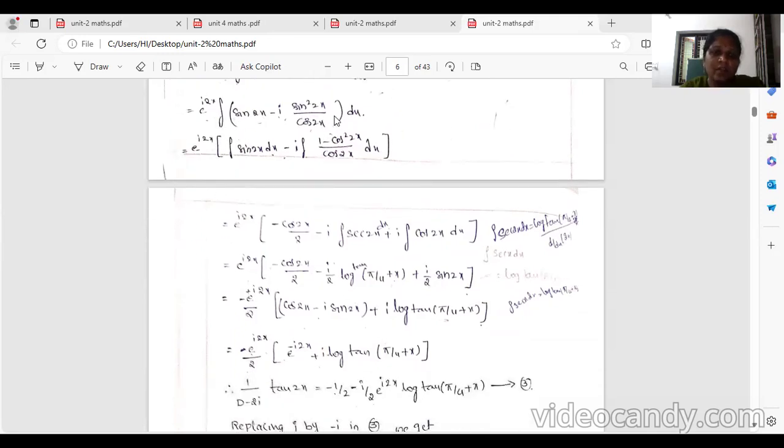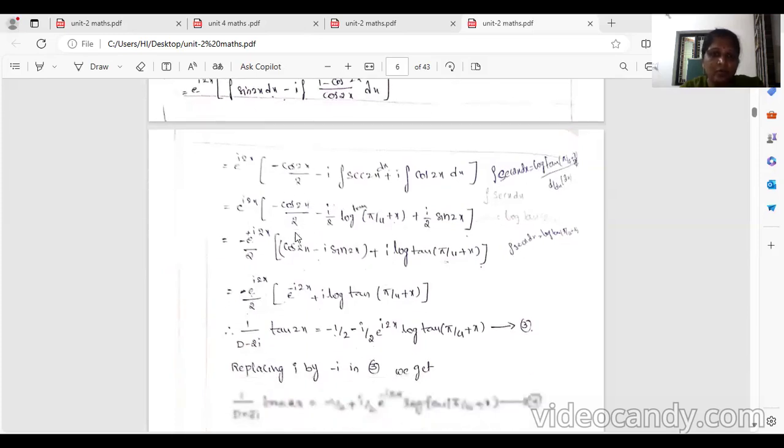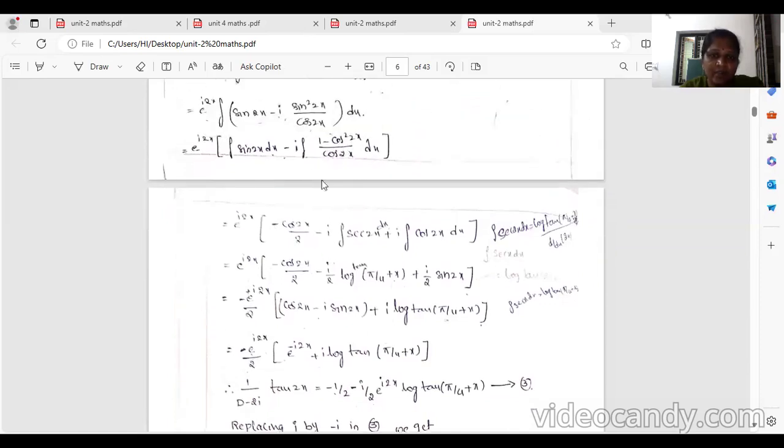So separating the functions, integral of sin 2x into dx minus i into... sin square theta equals 1 minus cos square theta, so 1 minus cos square 2x by cos 2x into dx. So e power i2x, integration of sin theta minus cos theta. Here sin 2x minus cos 2x by 2 minus i into, separating these fractions,